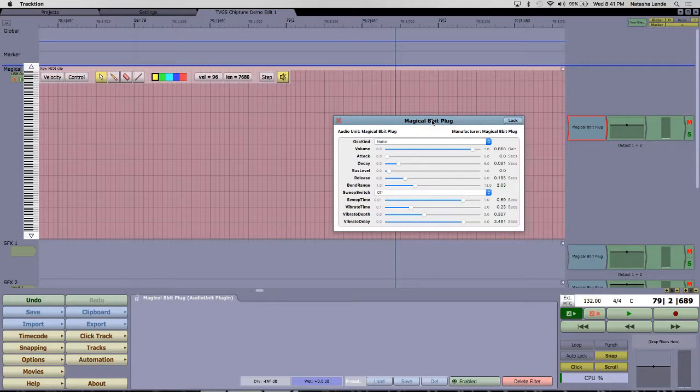If you're going to do chords, change the volume on the magical 8-bit plug so that you can bring it down maybe halfway or three-quarters of the way. You can do it right on the 8-bit plug. So there you go, volume right there. That way it'll sound a little bit thinner and it won't be super